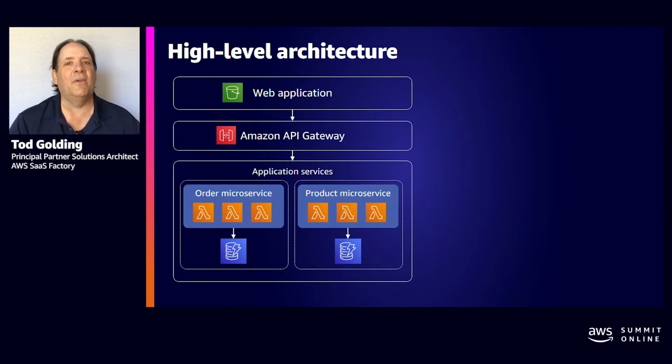What's unique here, though, is as you drill into these bits and look at this in more detail, you'll find out that the identity experience influences what happens here at the API gateway, and how we'll introduce authorizers. You'll look at how we'll use usage plans to throttle at the API gateway. So there's multi-tenant influence on that edge as we come in. And then as we get inside the individual services, like the order service and the product service, there's all kinds of multi-tenant goodness in the way that we implement those microservices to deal with logging and metrics and token management, all to hide the details of multi-tenancy away from our microservice developers.